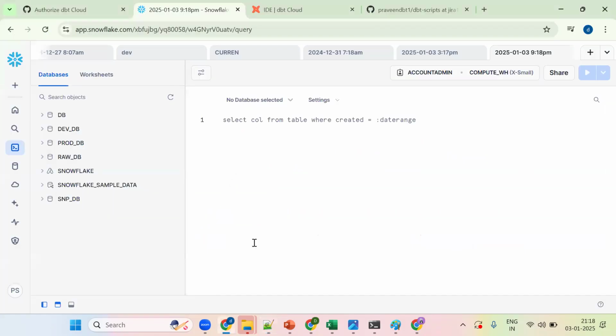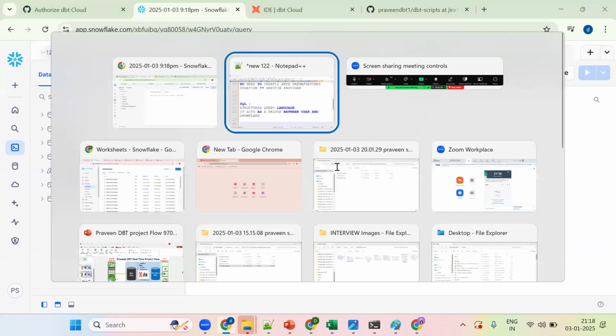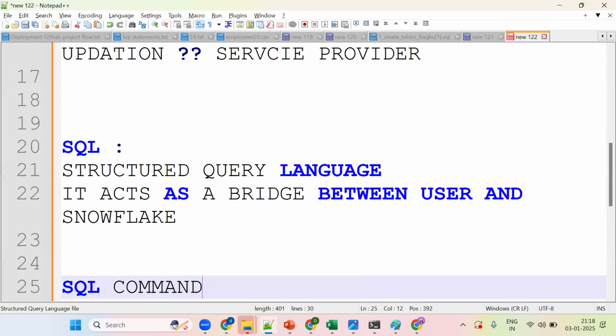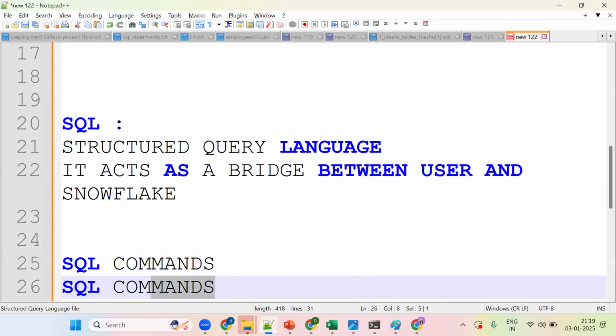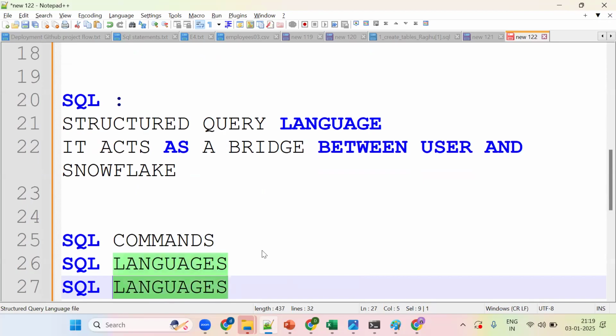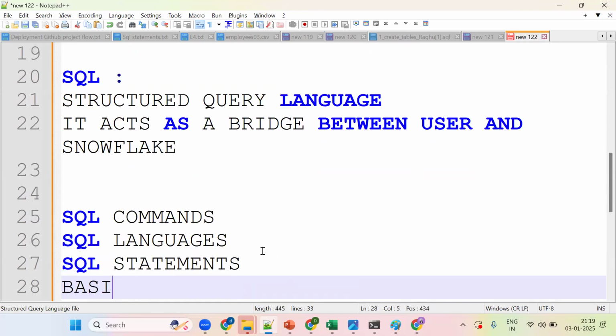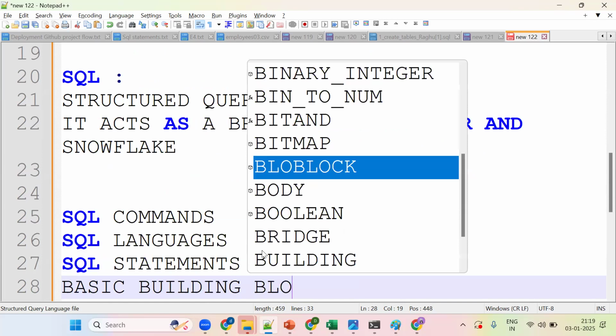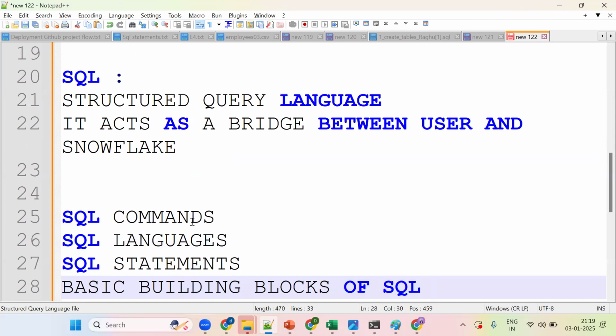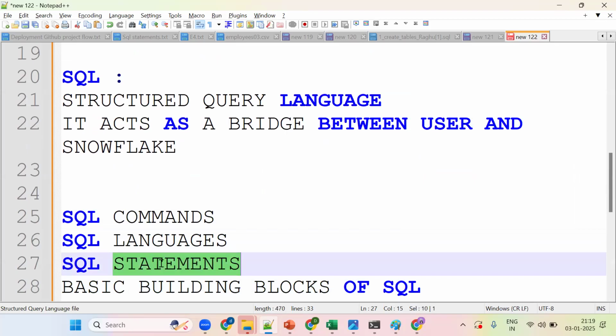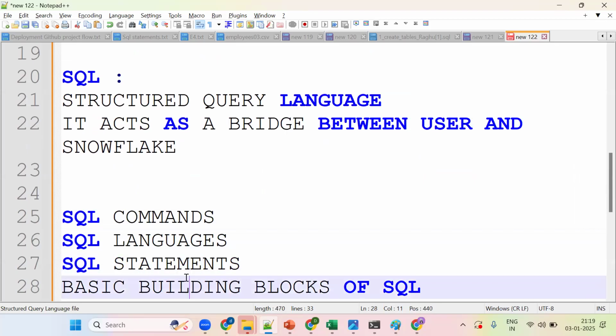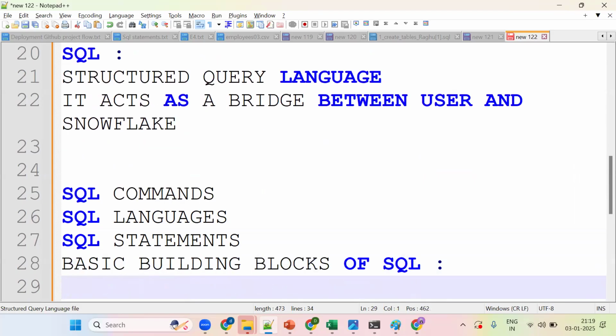Now, I want to create a database object, or I want to fetch something. Then we require SQL commands or SQL statements, the basic building blocks of SQL. These SQL commands, languages, and statements are related to only one thing. That is called as